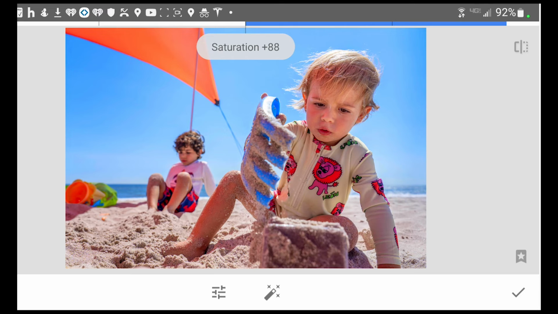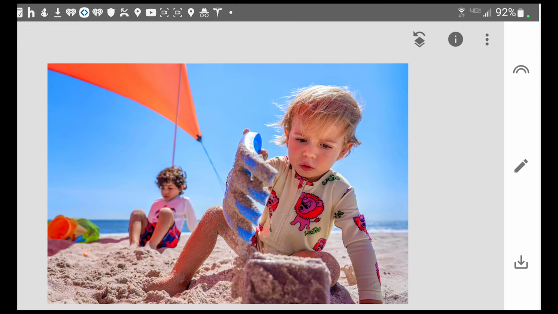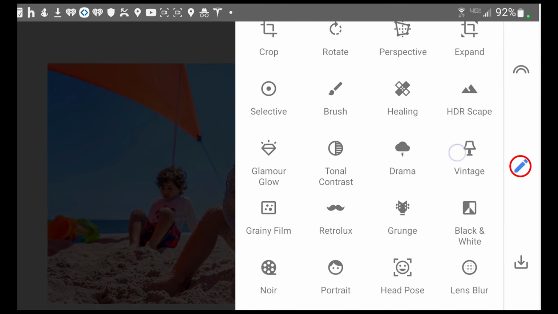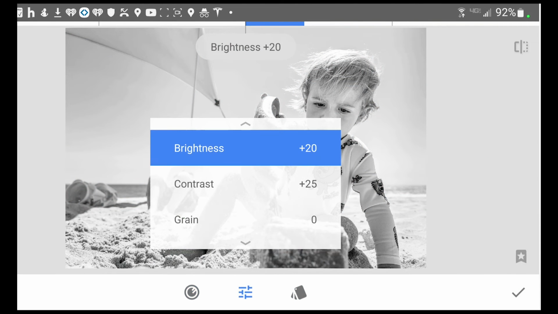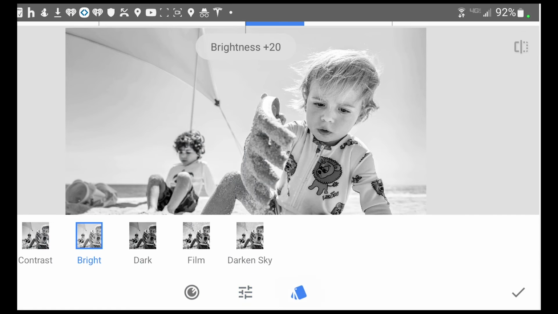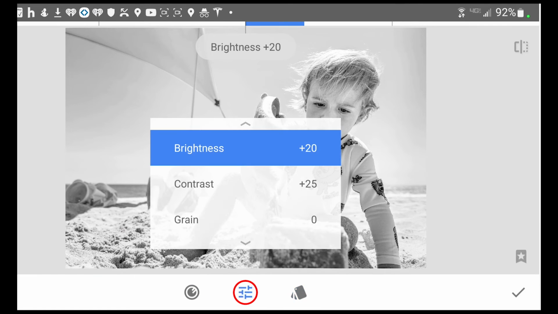So I slid to the right to increase the saturation, hit the check mark to accept that, go to the tool icon again, and go to black and white. And you can see we have the three icons at the bottom. We have the colored filters, the sliders, and the recipes for neutral, contrast, bright, etc. So let's go to the sliders first, and let's just